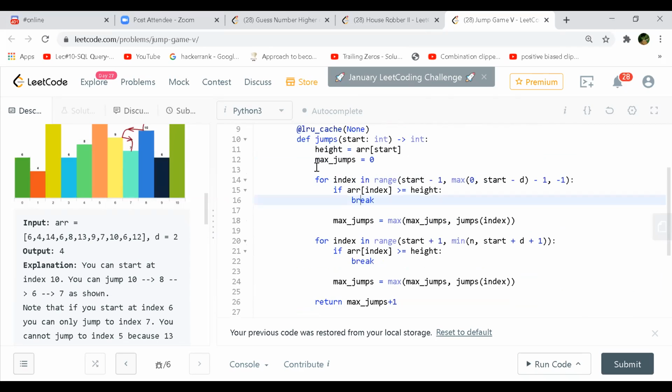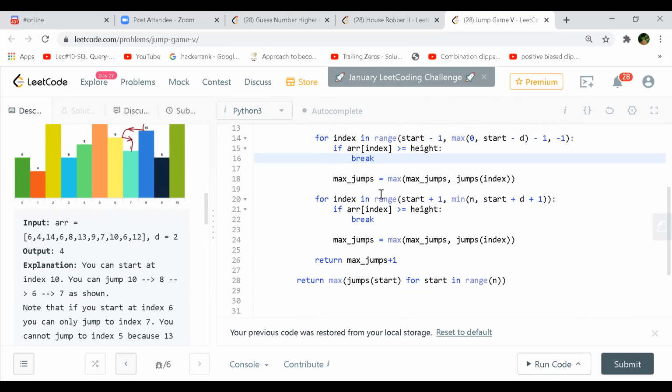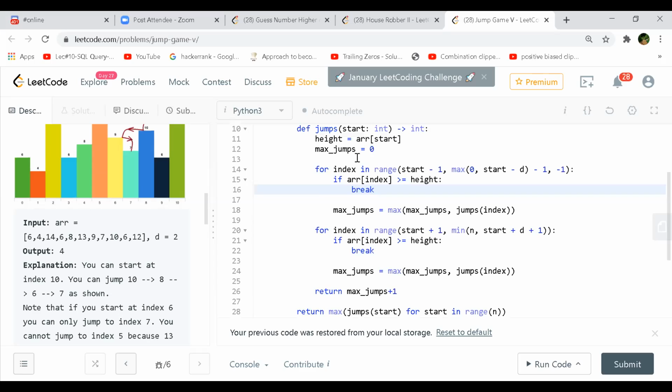Now, this is the main function, right? Okay. So in your jump function, you are just passing an index, and that index will calculate all the jumps required for that particular index, correct? Yeah. So now corresponding to that index, you are getting the height, right? You got the height, and max jump I made it 0.